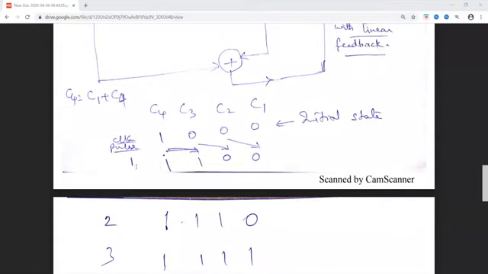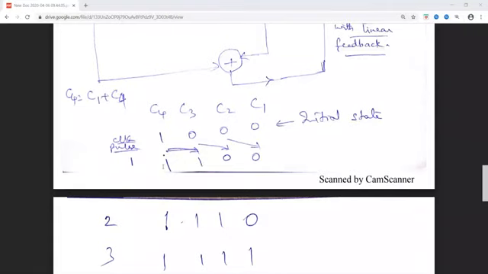Now for the first clock pulse, 1, 0, 0, 0 is the initial state. When you give one clock pulse, C4 gets shifted to C3, C3 to C2, C2 to C1. Now the new value of C4 has to be C1 mod 2 with C4, that is 0 mod 2 with 1. It has to be 1.